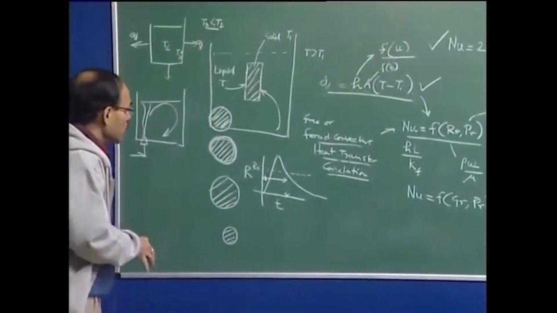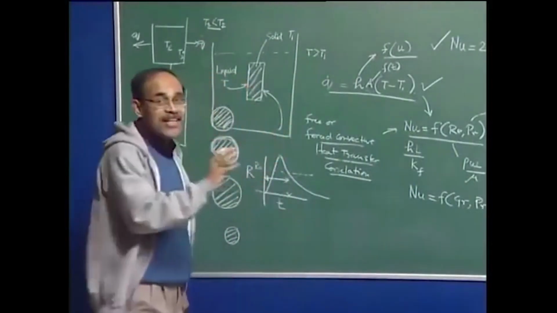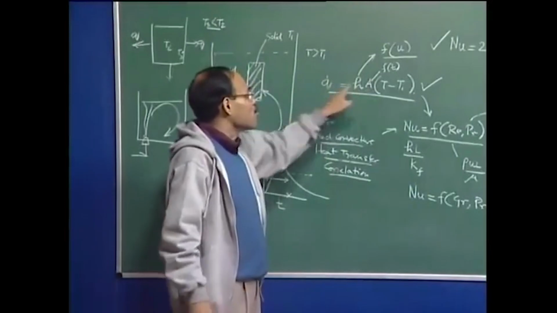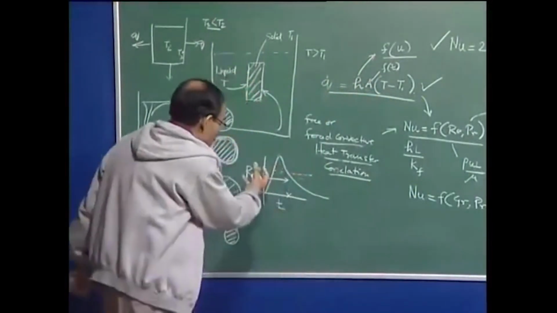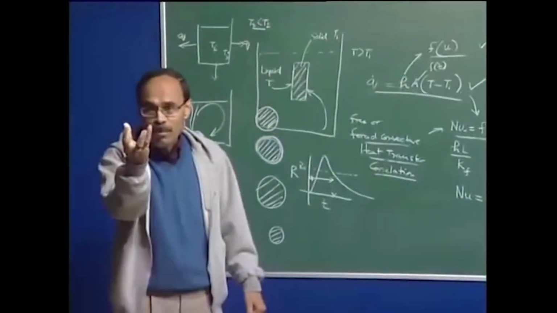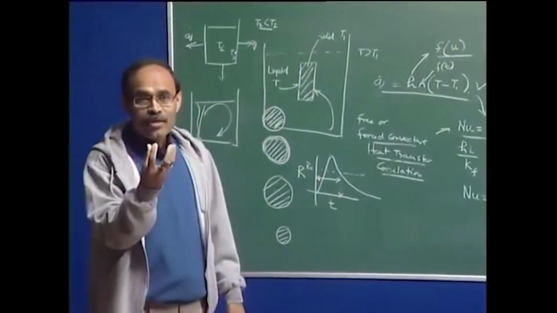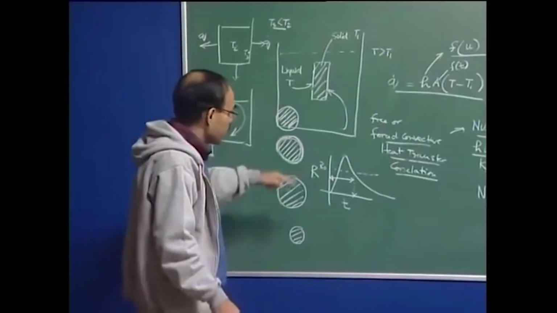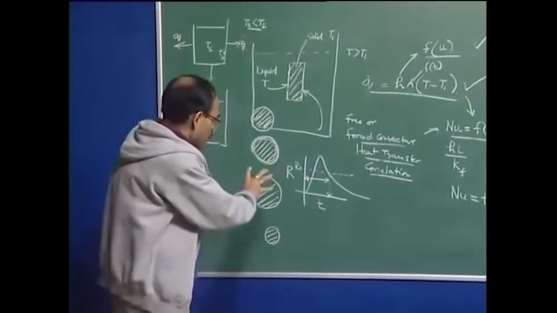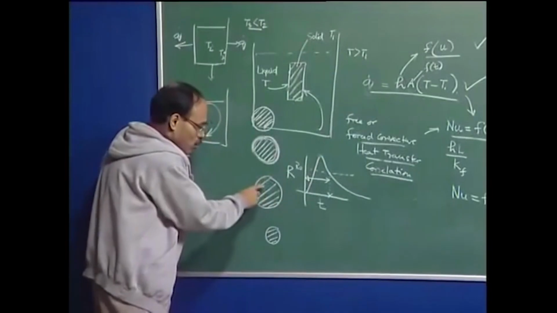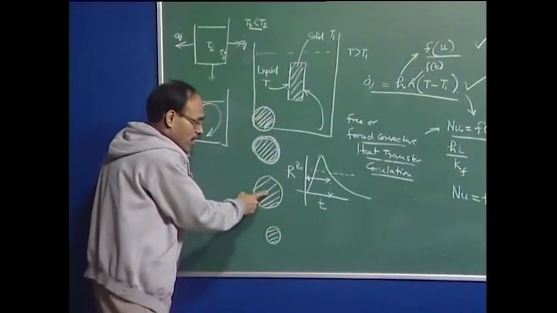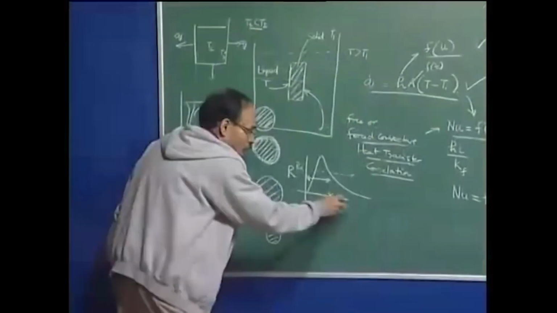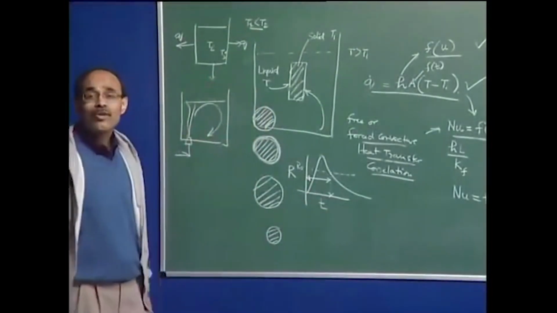Now, therefore, the task is really not as simple as obtaining the value of the heat transfer coefficient and then substituting it into this equation. This is typically called a moving boundary problem. When you have a solid whose size is changing because of the processes taking place in the system, and the domain in which you are interested changes, you want to find out the complete melting time of this particular addition. So, you want to find out the rate at which it is shrinking, and therefore, the entire time duration has to be taken into account in order to predict that time